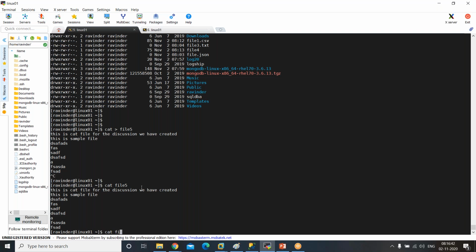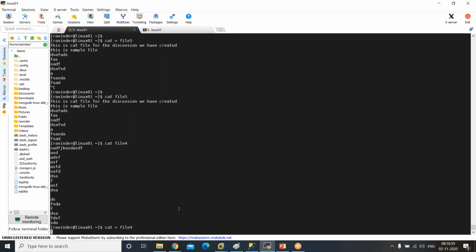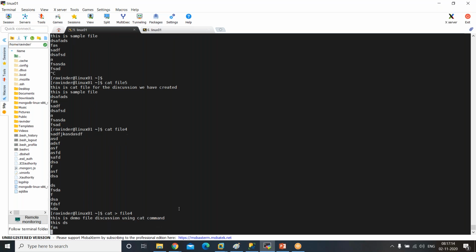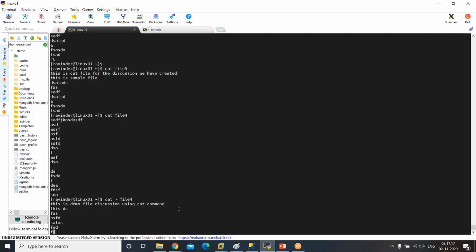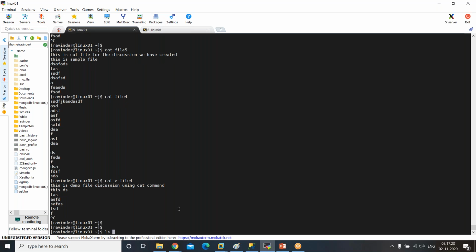See, cat file 4, for example. Let's see this file 4. You have this data under cat file 4. I don't want this. I want to override it with new data. Cat greater than file 4. I want it to overwrite that file. So now it has entered text mode where you can enter the data. This is the demo file discussion using cat command. Something again. Now I'll press Control C. So now if I go and read file 4,